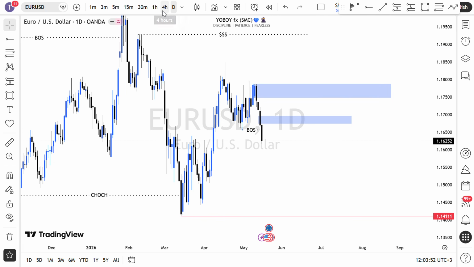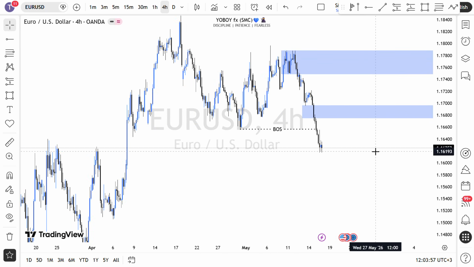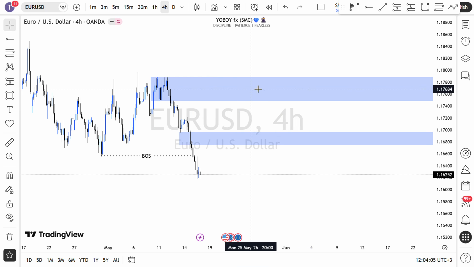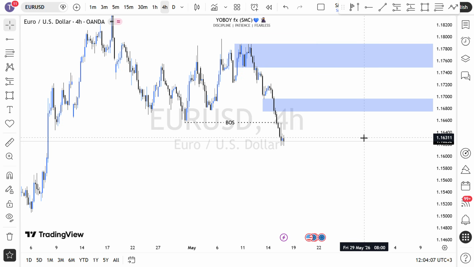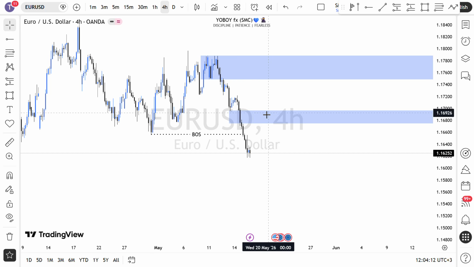So if I drop into the 4 hour time frame as well, so this is the daily fair value gap, the first fair value gap, and this will be my first best point of interest. And then we have this extreme point of interest. So as the market opens, let us wait for a pullback into this area, and if we have the confirmation, we take ourselves to the downside.